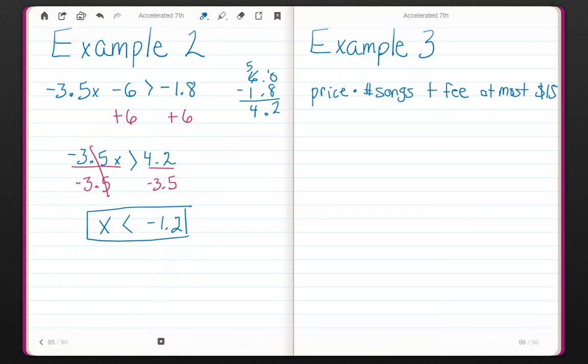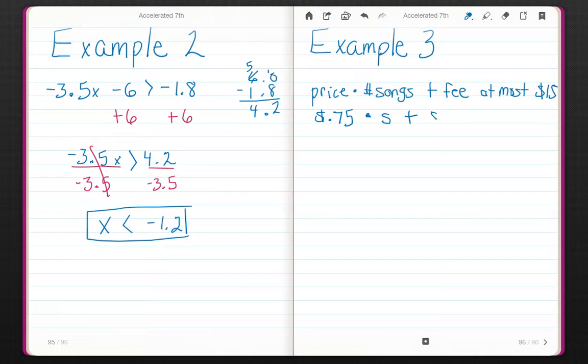Okay, example 3. Real life. A music club charges 75 cents per song to download, or per song downloaded, plus a membership fee of $5.70. Diego can spend at most $15. What is the greatest number of songs that Diego can download? So I have my price per song times the number of songs. I don't know what this is, but I know it's 75 cents per song